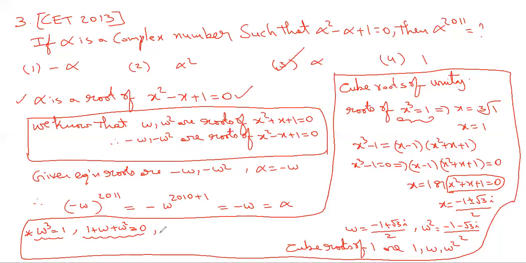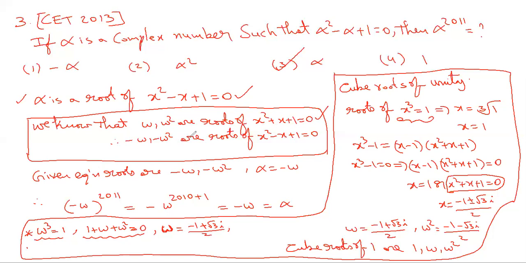And also remember the omega value, because sometimes in problems it is useful if you could identify this number as omega. Minus 1 plus root 3i by 2 is the omega value, right? And also omega and omega square are the roots of this. That's whatever I wrote here, this point. Omega and omega square are roots of x square plus x plus 1.